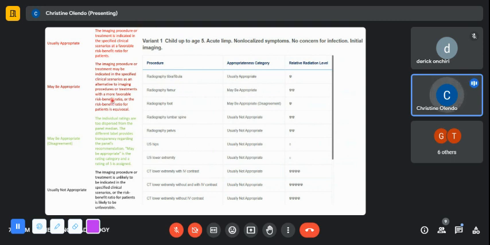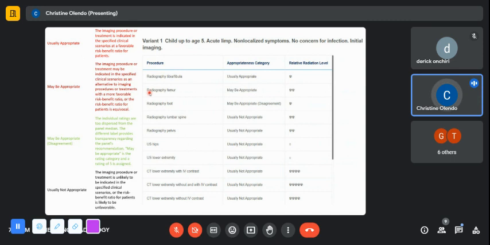The key is color coded, but it's just for me to read it out. It doesn't mean anything. So "usually appropriate" is that the imaging procedure or treatment is indicated for that scenario. And "may be appropriate" is that the imaging procedure or treatment may be indicated in the specified clinical scenario